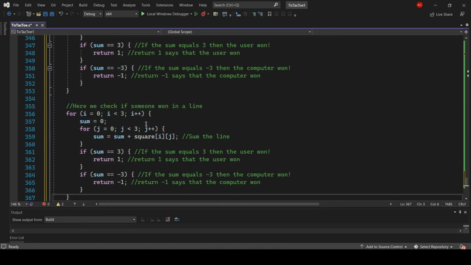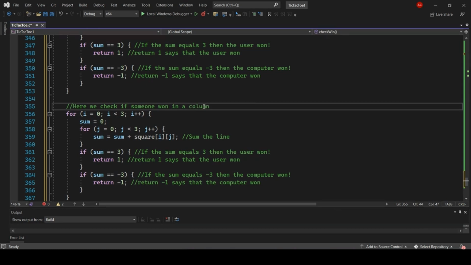Now we will do the same test for the columns, and of course for each of the slants.